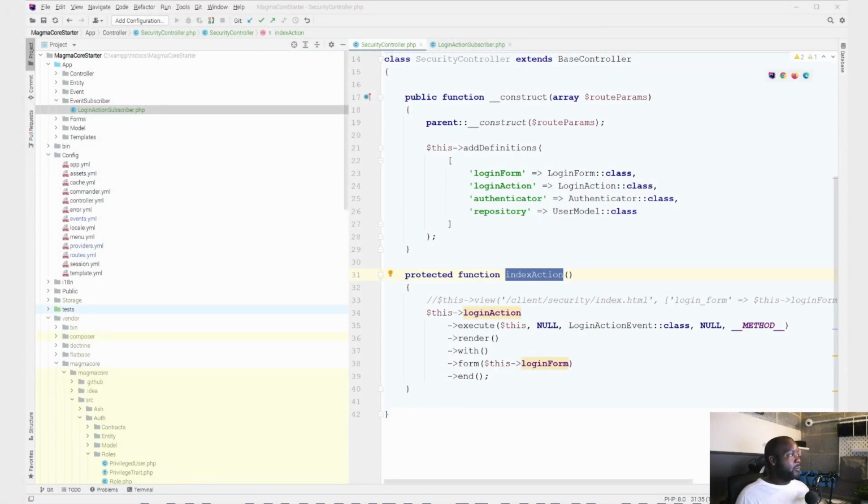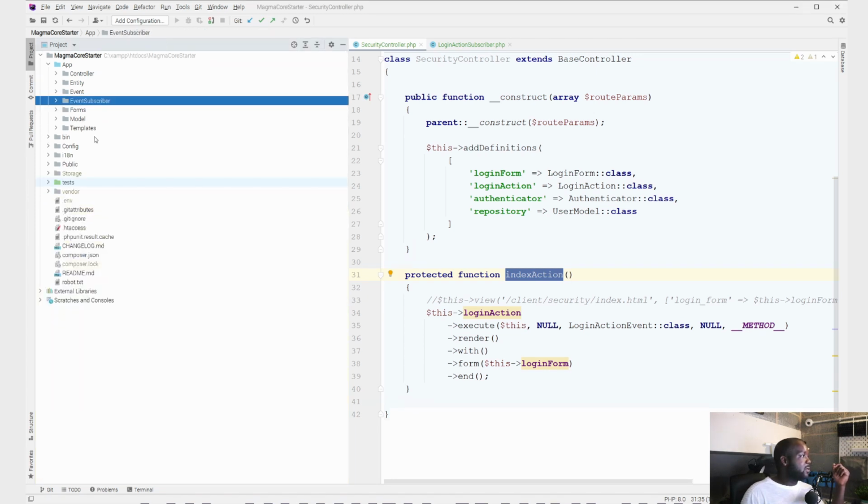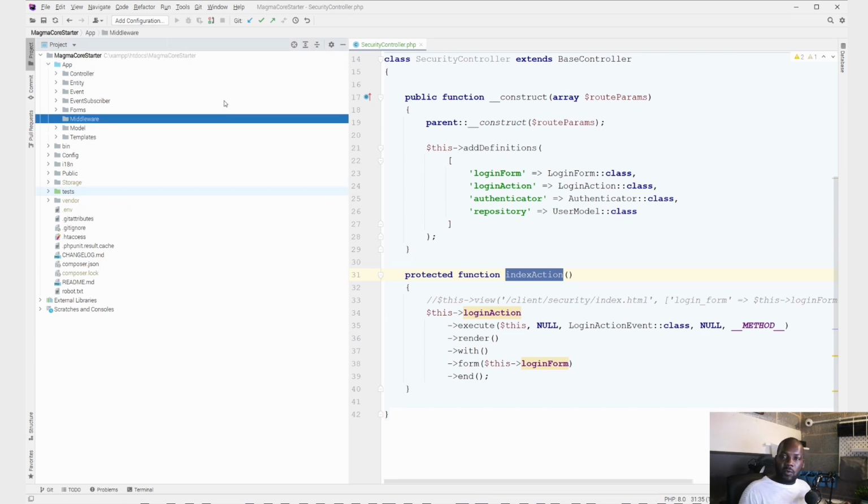and we're going to be creating a new directory for our middleware, right? So let's close off some of these files for now because we're not using those. Within our app directory, I'm going to create a new directory called middleware. Within this middleware directory, I'm also going to be creating a before directory as well. So I'm going to say new directory before,